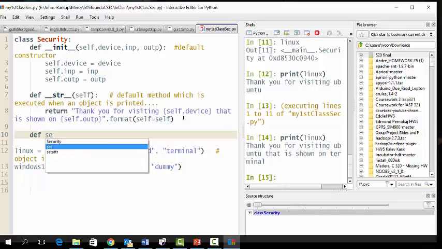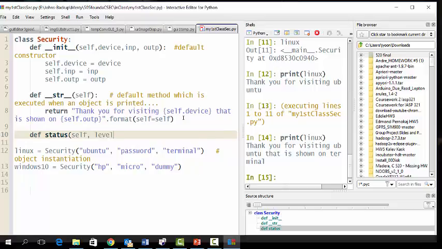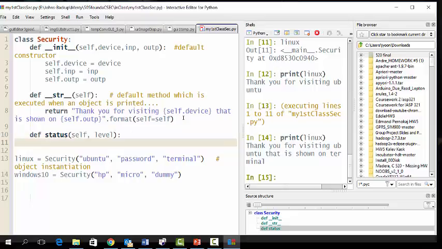ID, status, security status, which is good, right? Status, you can send status level, and then you can say print